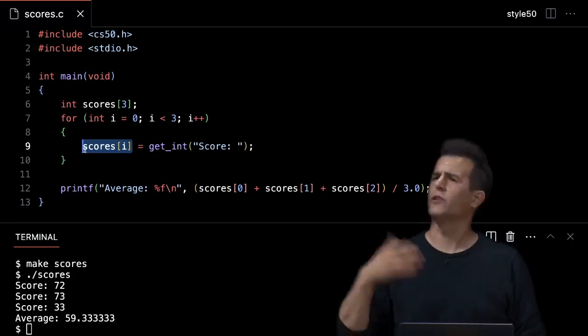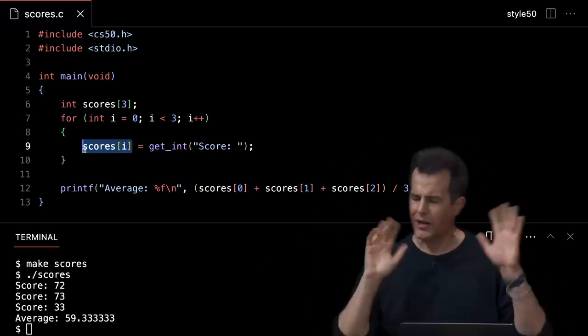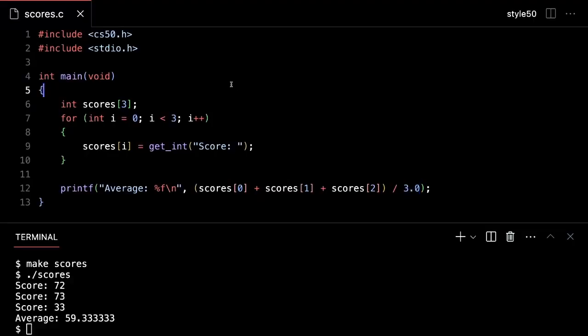I could also compute the average in a loop because indeed this is kind of only solving the problem halfway. I'm gathering the information in the loop, but then I'm manually writing it all out. So it does feel like there should be a better solution here. But let me also identify one other issue I really don't like, and this is indeed subtle. I've got 3 here. I've got 3 here, and I essentially have 3 here, albeit a floating point version. This is just ripe for me making a mistake eventually and changing one of those values, but not the other 2. So how might I fix this? I might at least do something like this.